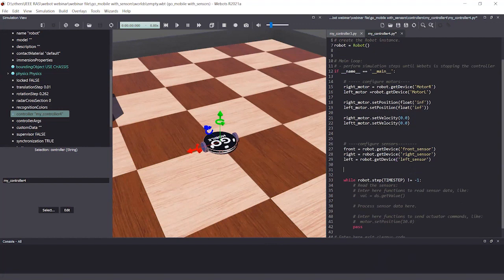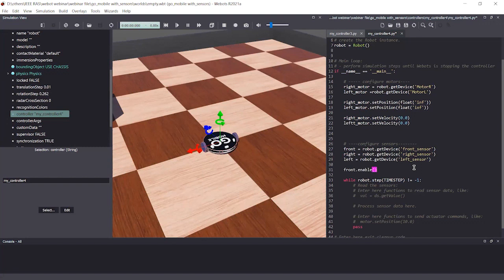To configure sensors, after getting access to the sensors, you have to enable them. It's like switching on your sensors. To switch on, I use front dot enable.